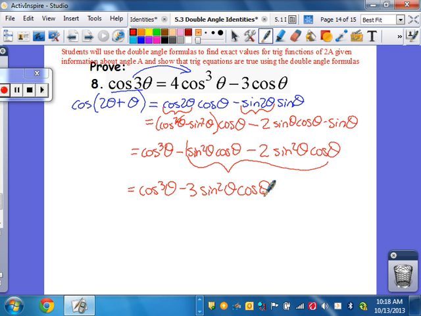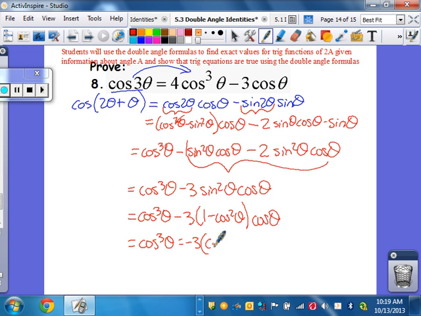Okay, we still can't have sine squared though. What do you guys know about sine squared? I know that sine squared, using our Pythagorean identity, is 1 minus cosine squared. Now if I multiply all of this fun stuff through, cosine cubed minus 3 times, I'm going to go this way first. That'd be a cosine theta minus cosine cubed theta. And now if I distribute in this way,